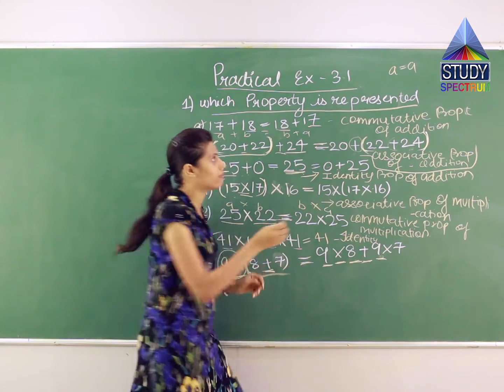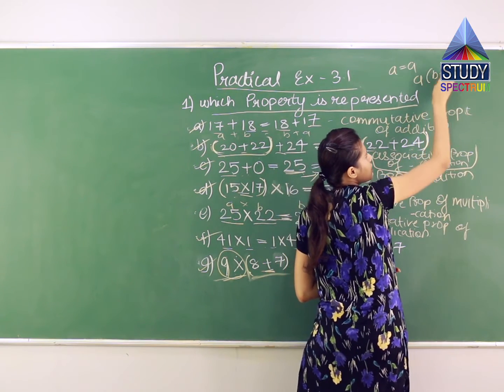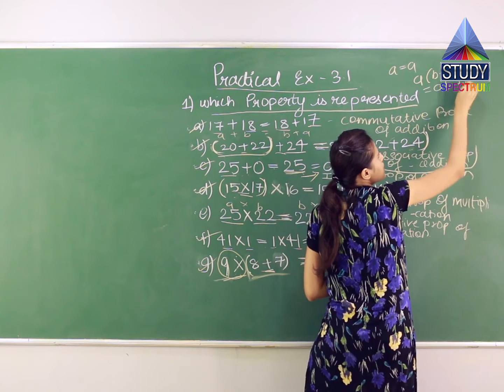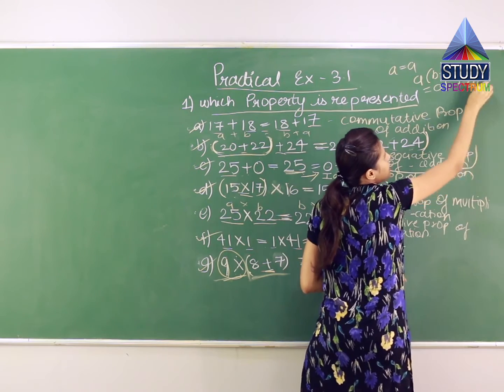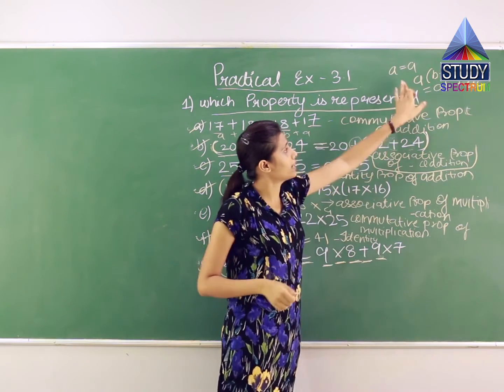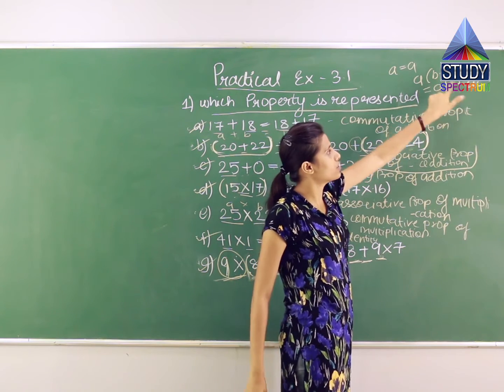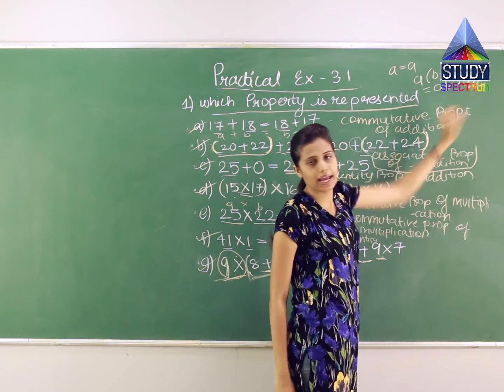When a number, like we have learned the formula, right? A into bracket B plus C will give us how much? AB plus, sorry, plus AC. Meaning what, I multiply this A with B, so I get AB, then the addition sign as it is, then I am multiplying A with C to get AC.